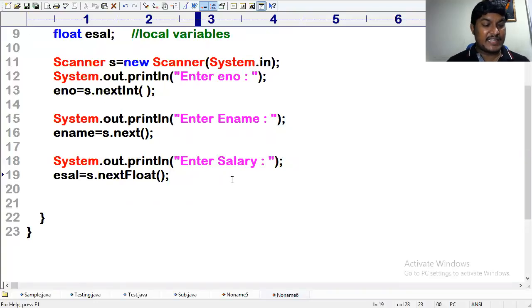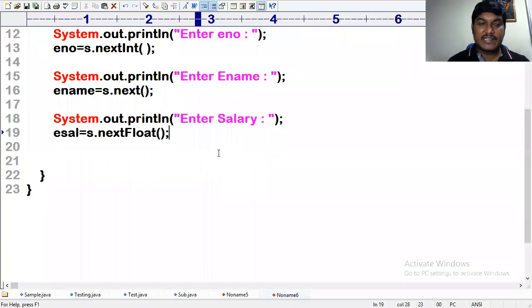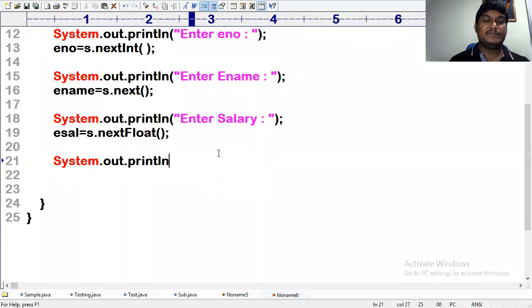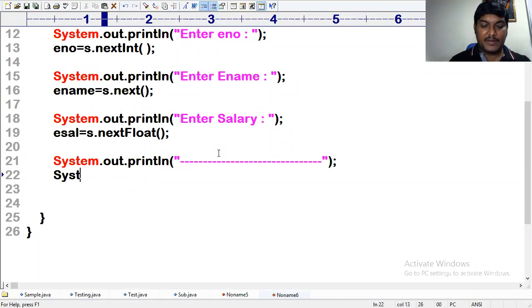After extracting the inputs, I have to display them onto the screen. Observe this one. I want to display, System.out.println("eno is"), and I want to display eno.